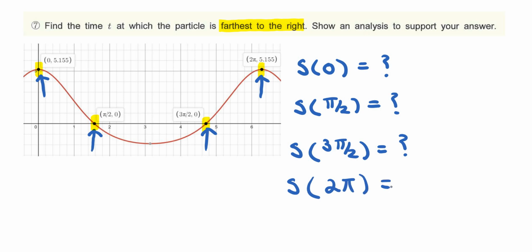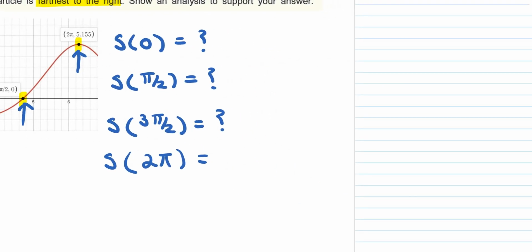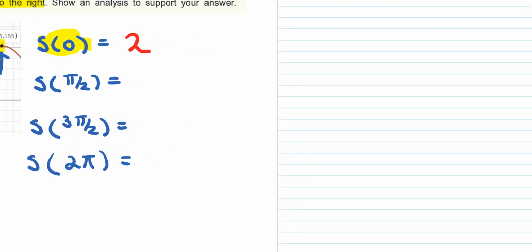Okay, so that's basically what we're trying to do in this particular problem. And for this particular problem, what we're going to use is the final position formula here. But before I use that particular formula, I just want to say that you do know what s of 0 is. This is given to you at the start of the problem. That's going to have a value of 2. Okay, and if you want to go ahead and find the position at these particular time values, you need to go back and use your final position formula, which is s of b